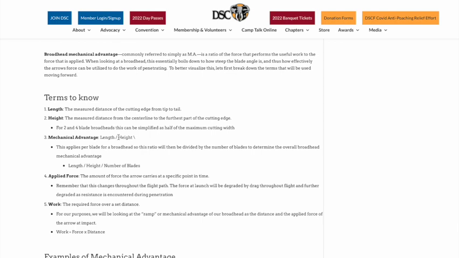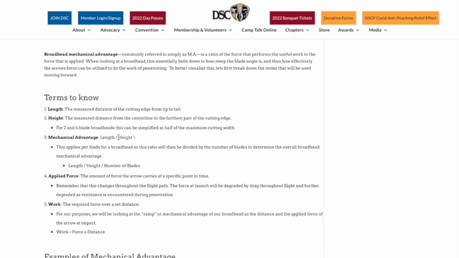"Length is the measured distance of the cutting edge from tip to tail. Height, the measured distance from the center line to the furthest part of the cutting edge." So basically, this is half of your cut width. So half of the width of the broadhead. "Mechanical advantage, length divided by height. This is the mechanical advantage in the case of a ramp." So that's technically true. We will see where it's not applicable in this particular example, but this is a true